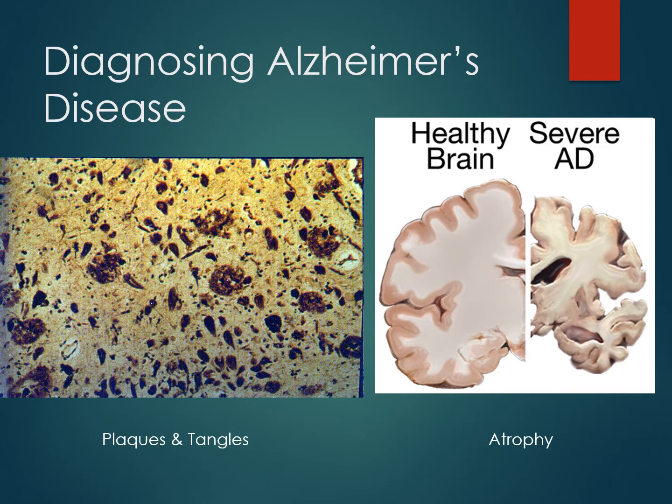In the picture on the left, the circular shapes are plaques, and the spherical shapes are tangles. All brains will have some number of plaques and tangles in them, but not very many. So when we see an abundance of them, as this picture illustrates, it is indicative of Alzheimer's. The picture on the right shows a comparison between the brain volume of someone with Alzheimer's and someone without Alzheimer's. You can clearly see that a substantial amount of brain matter has atrophied for the person with Alzheimer's.